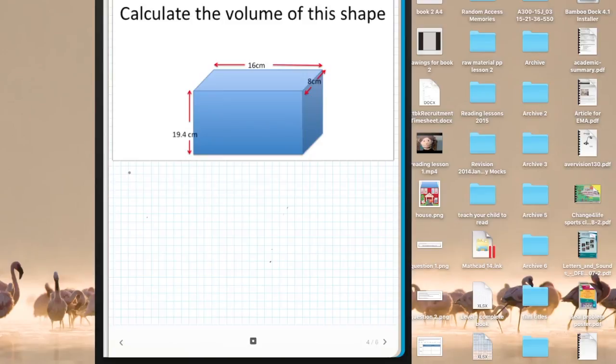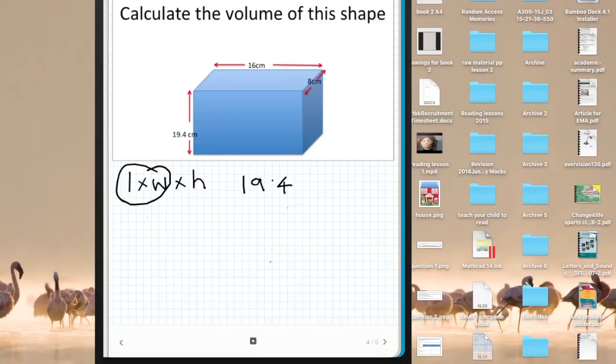Volume is length times width times height, or the area, which is length times width, times height. Now I've got some tricky numbers here. I've got 19.4, 16 and 8. So I think what I'll do first is the 19.4 times 16. Now remember, when we've got decimal numbers,